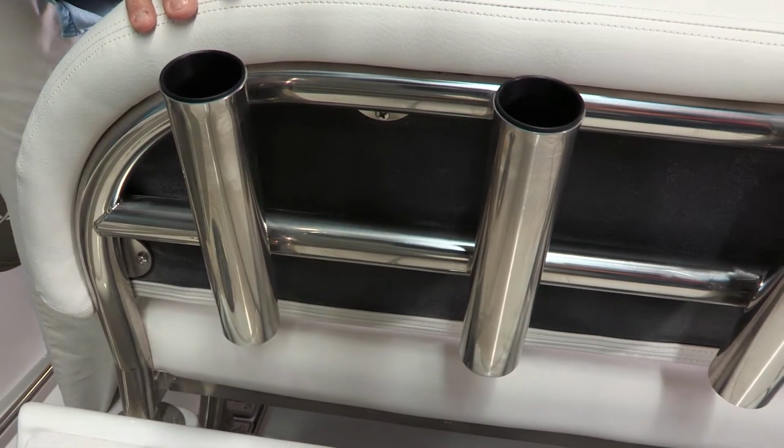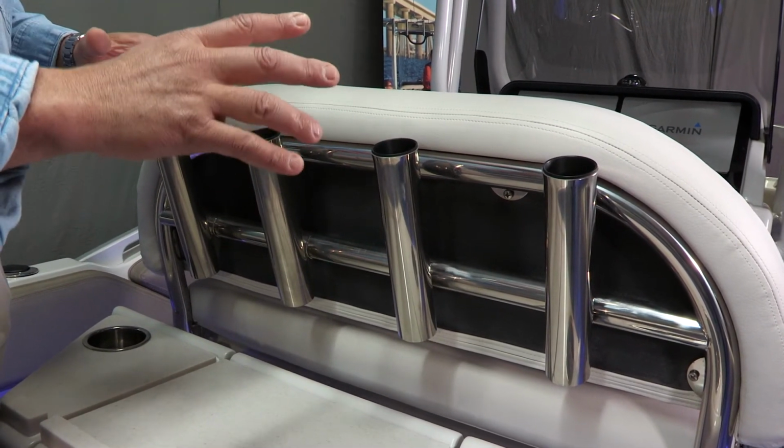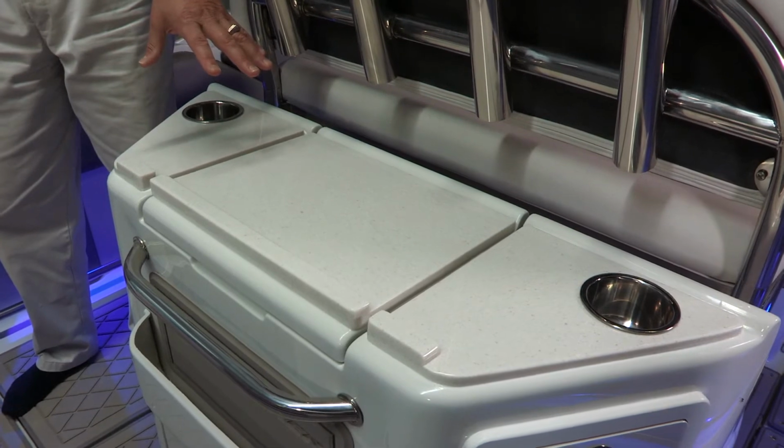A superior high quality stainless part is going to outlast and outshow a powder coated aluminum part, bar none. The cockpit design behind the leaning post is really what separates the Finseeker 220 and 230 from all the other products in its class. And what I mean by that, it's got a bait station located directly behind the leaning